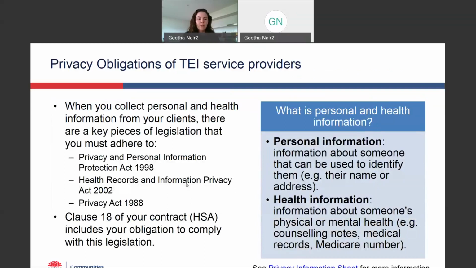So the first thing we're going to talk about is your general privacy obligations in the TEI program. So this applies to every single organization who receives funding from TEI. So as part of the TEI program, when you collect personal and health information from your clients, there are key pieces of legislation that you need to adhere to. So this is outlined in clause 18 in your contract, and you can see on the screen that there are